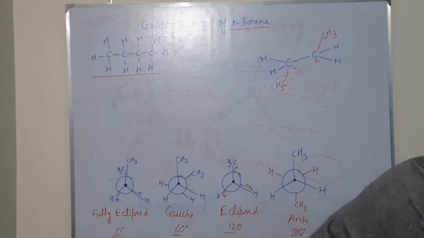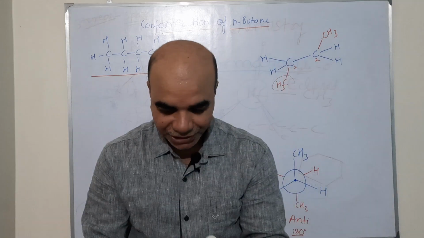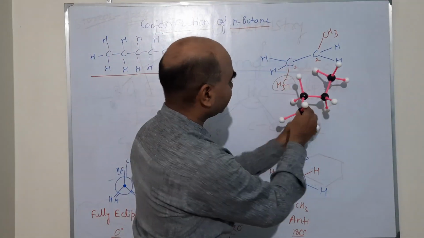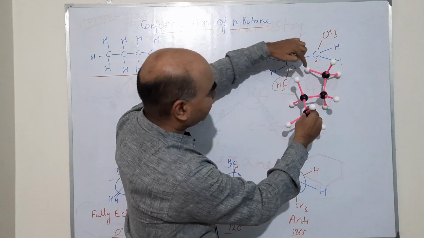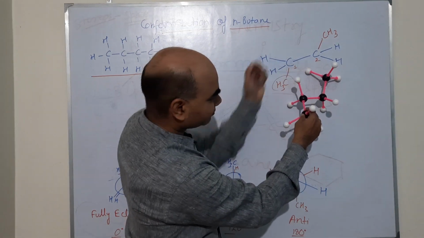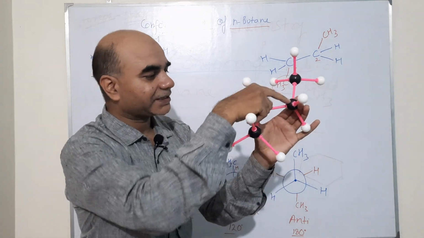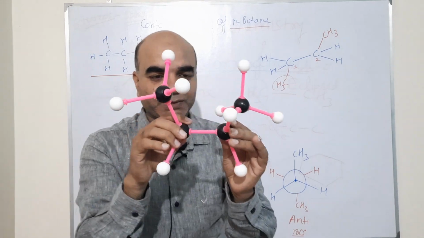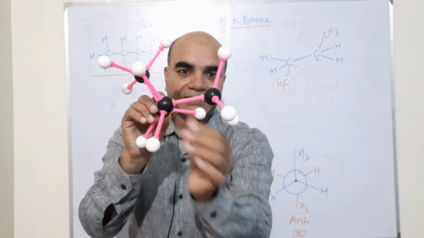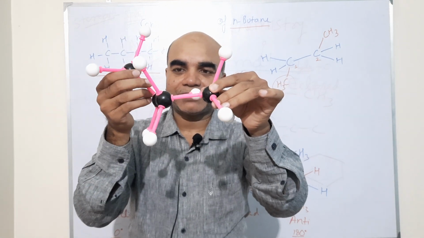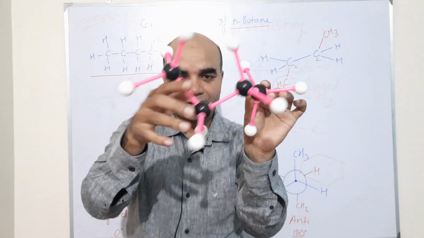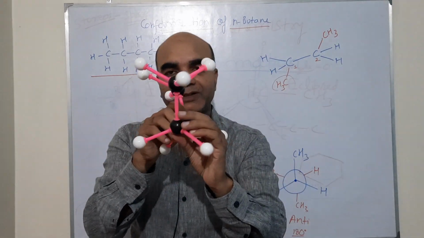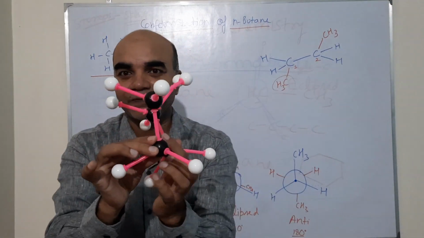I made a model to give you a better explanation. See, now you see the molecule like this. This is the carbon-carbon bond. We will consider this carbon and this carbon, and we will rotate along this carbon-carbon single bond. So now imagine, here is one methyl group, here is one methyl group. The other 2 are hydrogen, the other 2 are hydrogen. Again, you need to visualize the molecule in a similar way to what was adopted in the case of ethane.